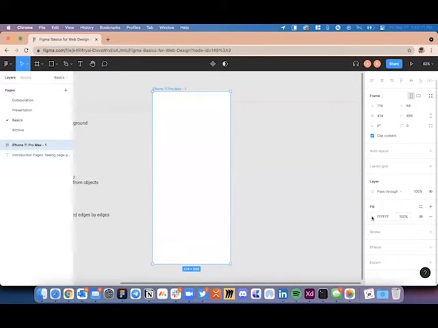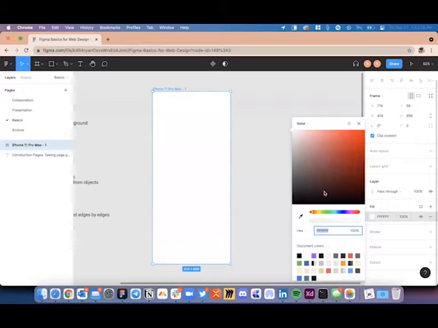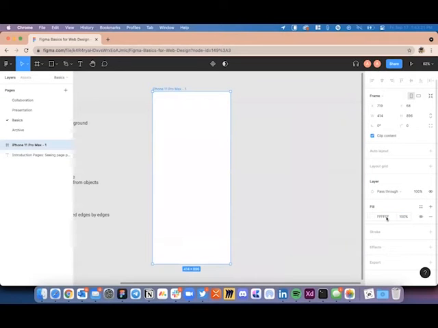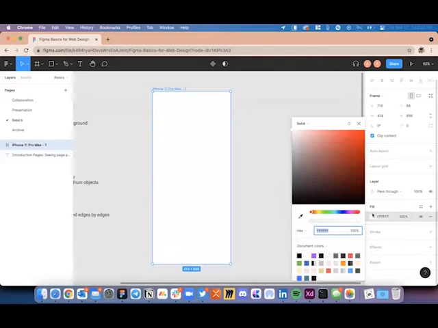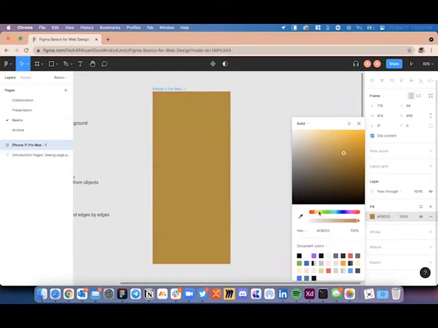The other basic property I would like to introduce you to is the fill and stroke property, which allows you to change the color of the background of the frame. So you will see a 6-digit alphanumeric code over here, and an associated percentage value. As soon as you click on this square, which represents the color, it allows you to pick any color and also allows you to change the hue in terms of scale. And as you will see, as I'm changing these colors, the 6-digit alphanumeric code is also changing at the bottom correspondingly.